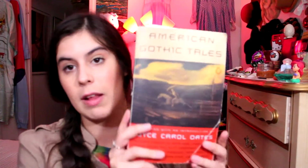And now I am on The Black Cat by Edgar Allan Poe, which I have already read before. It's one of my favorite Edgar Allan Poe stories. Same with The Yellow Wallpaper. I've read that by Charlotte Perkins Gilman several times for school and I still think it holds up as a great creepy story. There's just so many great short stories in here, so I definitely loved this and would recommend it to anybody who